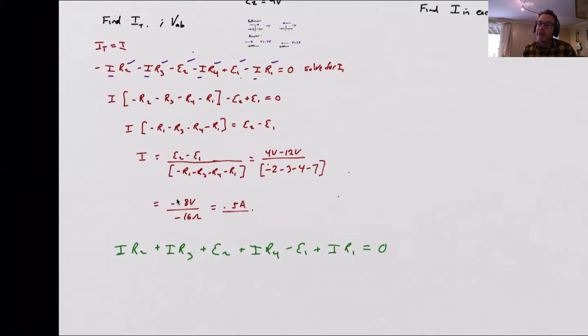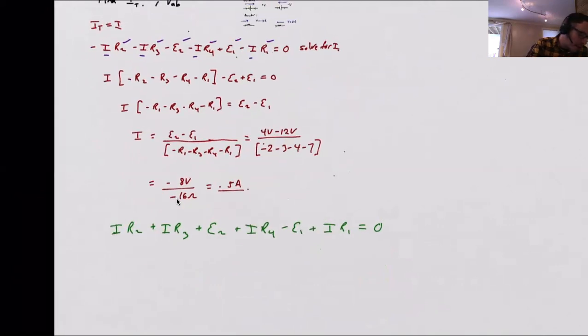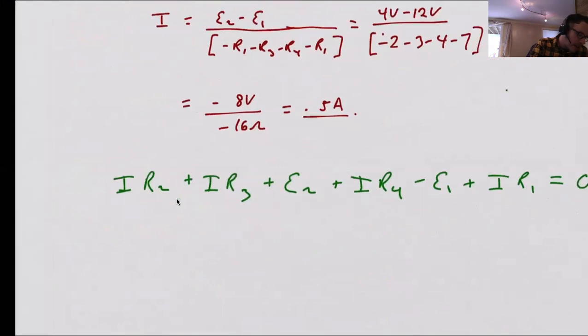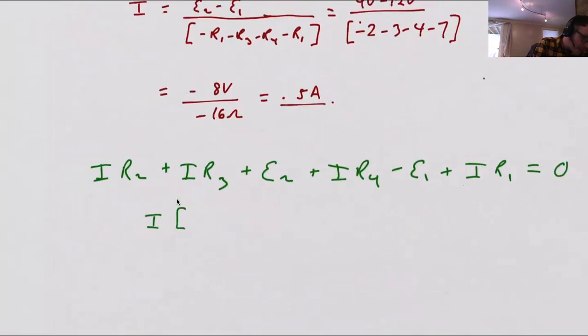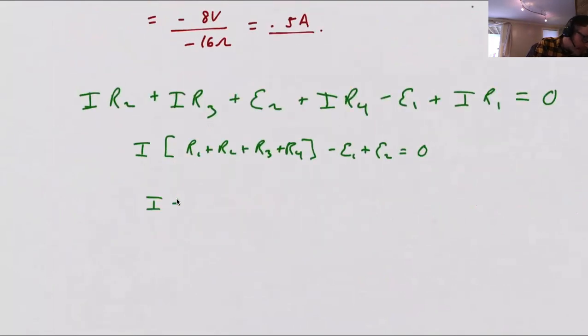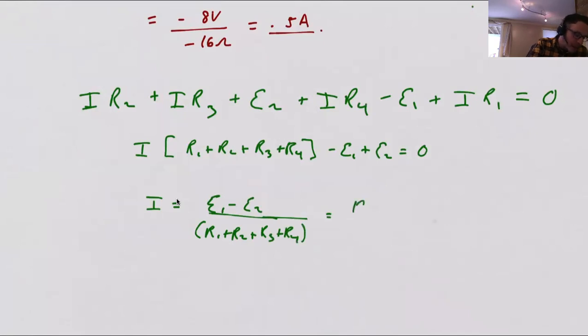We do the same procedure. We factor out I and solve for the rest. I'm going to go through that a bit quicker than I did in red. Factoring out I, I'm left with R1 plus R2 plus R3 plus R4 minus E1 plus E2 equal to 0. So now I see that I is going to be E1 minus E2 over R1 plus R2 plus R3 plus R4. Plugging in our values, this is 12 volts minus our,